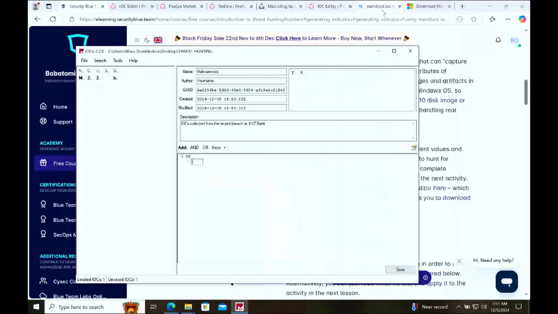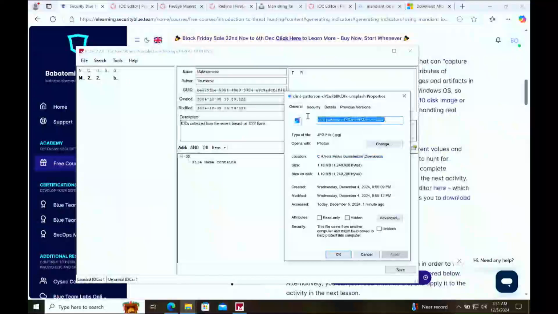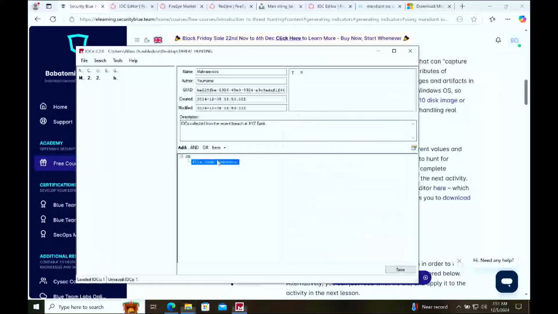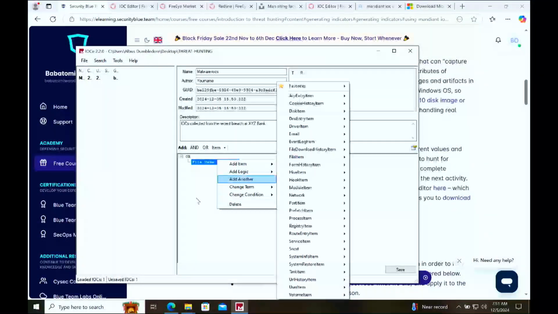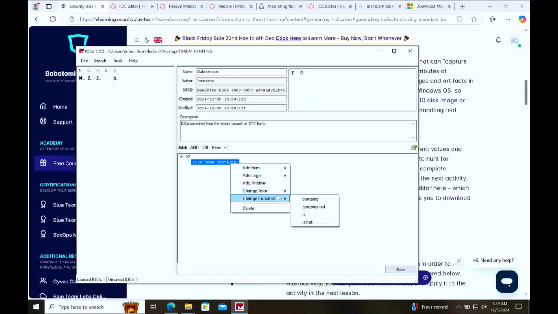Okay, there's file name, right? And say something like, what was that file we're checking now? Clint Patterson and Splash, right? So file name, contains,